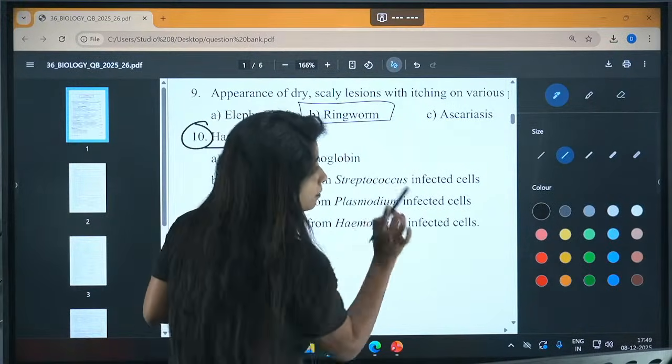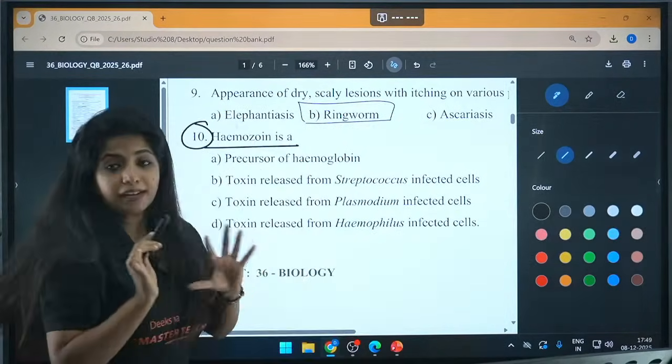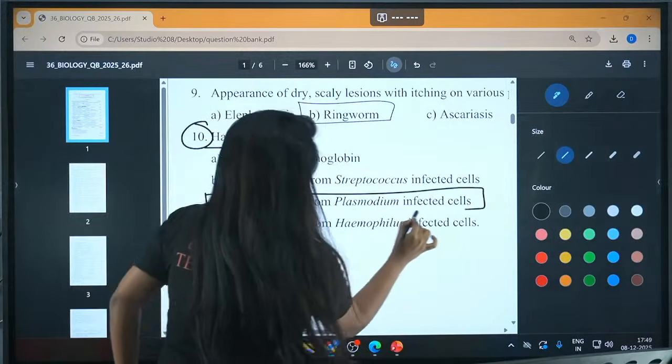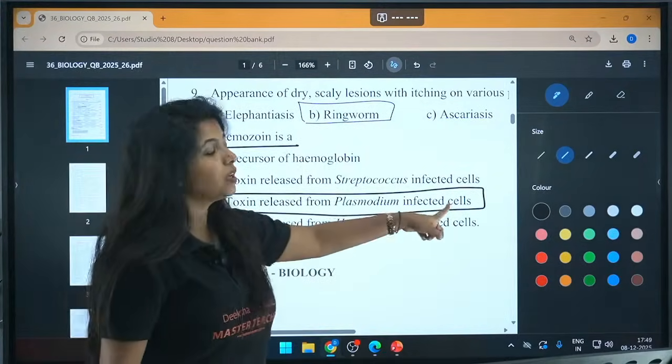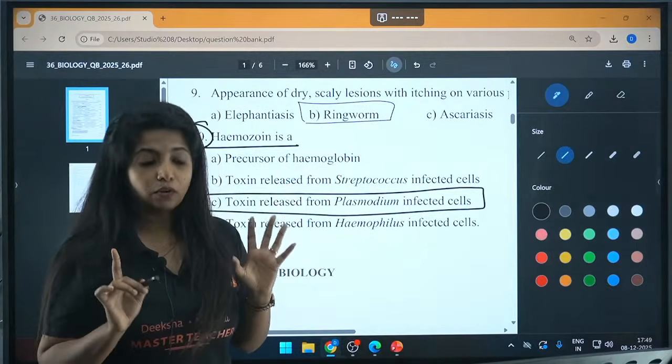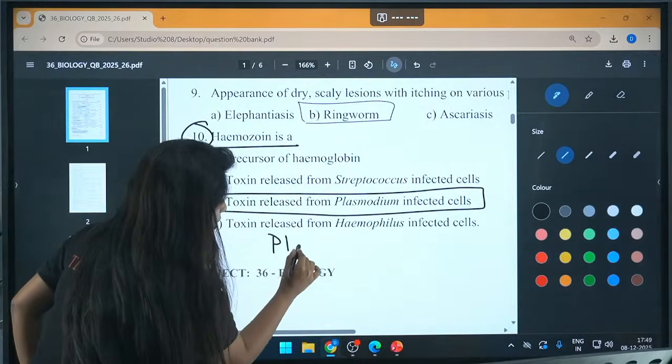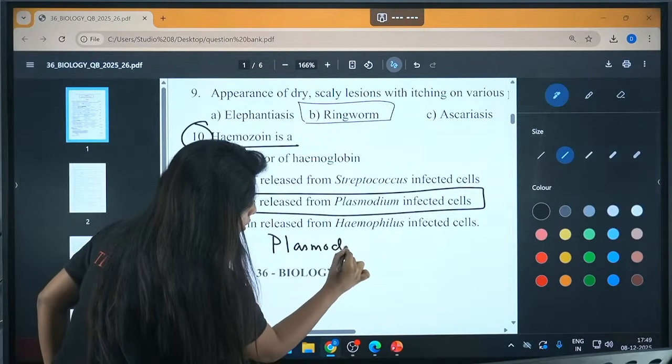So this is a very important question. Please understand, malaria as a whole is an important topic, and the answer for this question is this. Hemozoin is released from plasmodium infected cells. Now if you are someone who finds difficulty remembering, listen to me carefully. Plasmodium is what? A protozoan. This plasmodium basically